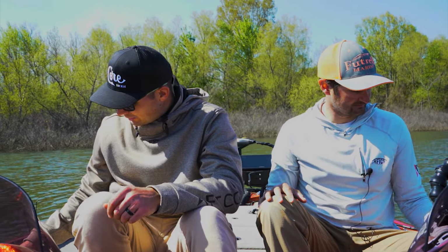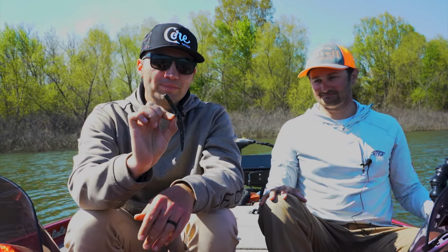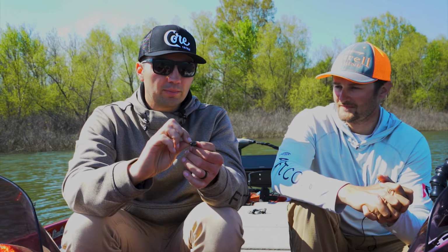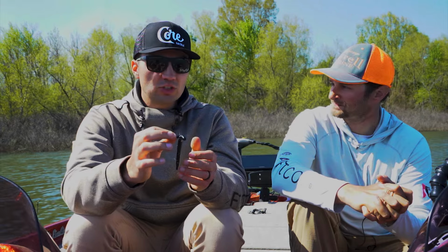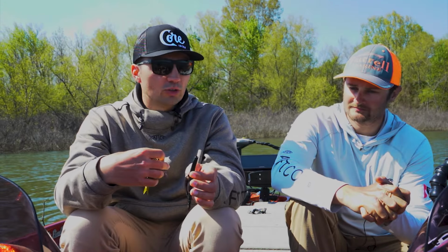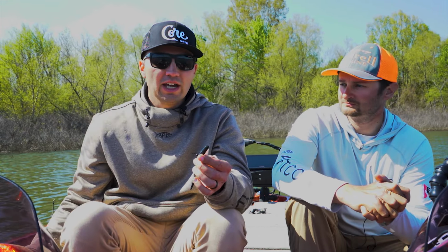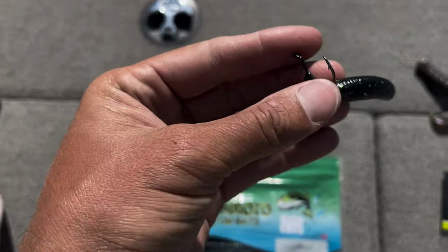Another bait that I really like to throw that Jimmy talked about a second ago is the wacky worm. The wacky worm is a staple in spring fishing, and usually I'm going to pick up the wacky rig worm whenever I locate the fish using a bait like my big jig or like Jimmy's throwing that swim bait. Those are great baits for helping catch bigger fish, but also locating groups of fish. And then once you get in an area that has that concentration, you can slow down with that wacky rig